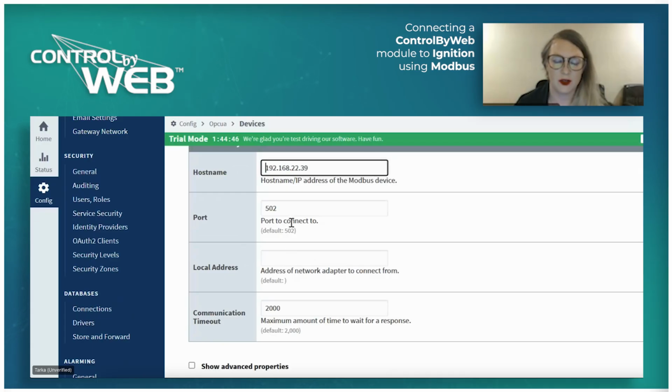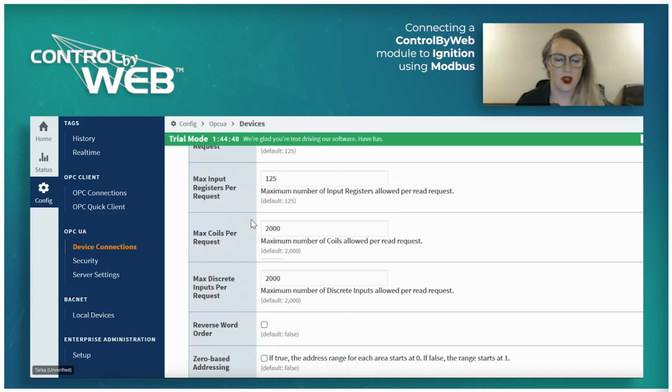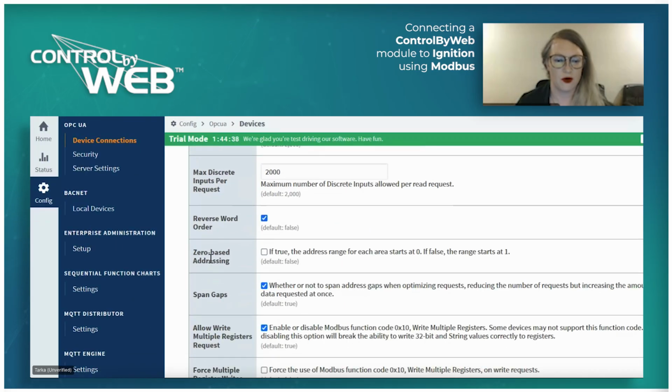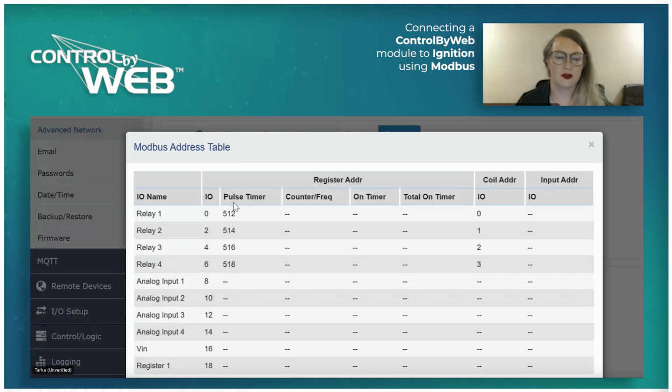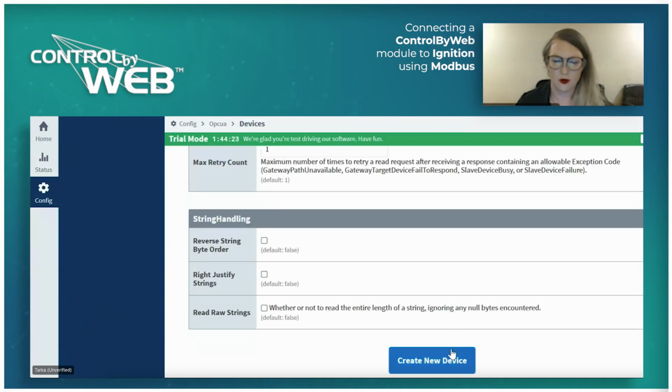I haven't had a really big need to alter any of the default settings except for a couple, and that is the reverse word order and zero base addressing. Since the Modbus address table starts at 0, it's going to be zero base addressing. So then you scroll down, create new device,